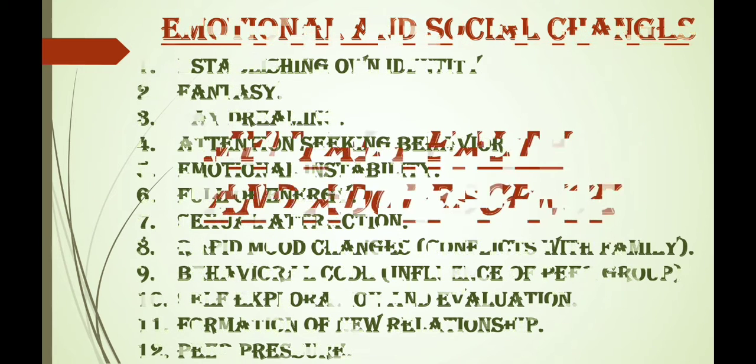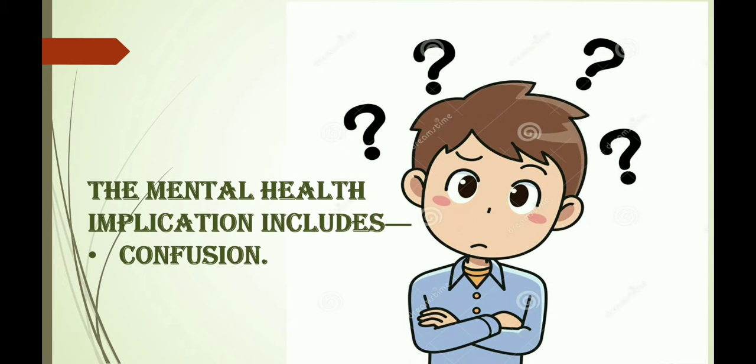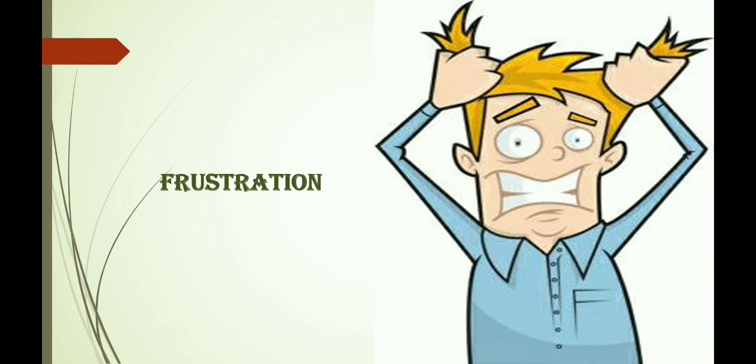Now, next part is mental health and adolescence. The mental health implication includes confusion. They will be more confused because sometimes your parents may say that you are too small to do certain kind of thing, and sometimes they will say that you are big enough to understand the thing. It creates confusion in the mind of adolescents whether they are child or adult. So there will be lots of confusion in their mind. Then irritation, frustration,